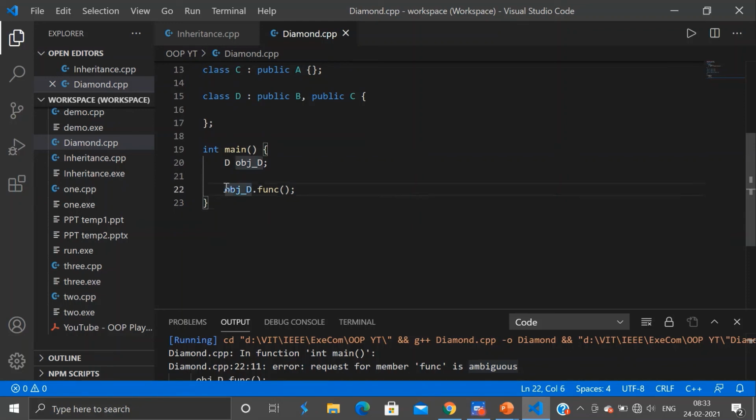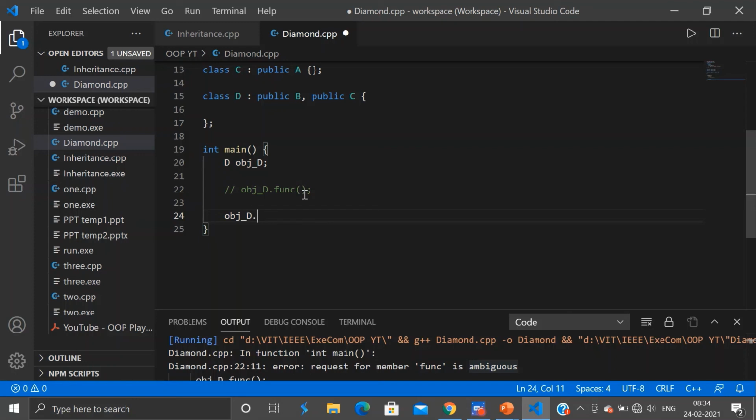So let's comment this out. And instead of writing this, we can simply call the function of our parent class by calling a specific superclass.